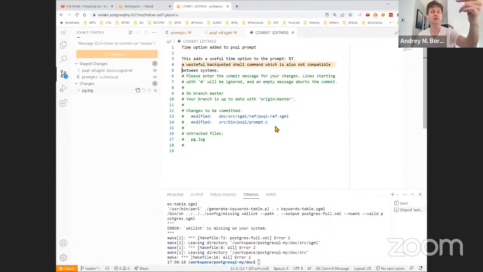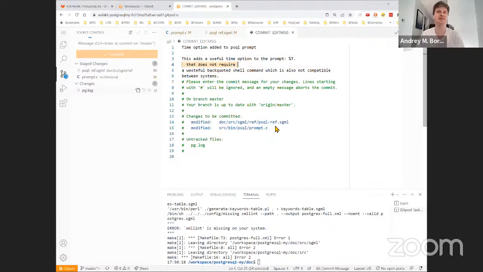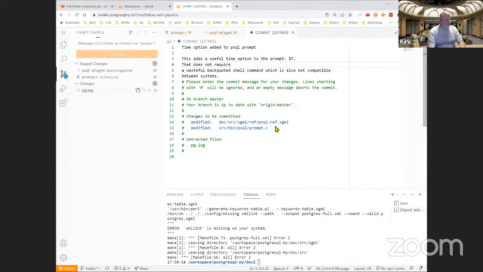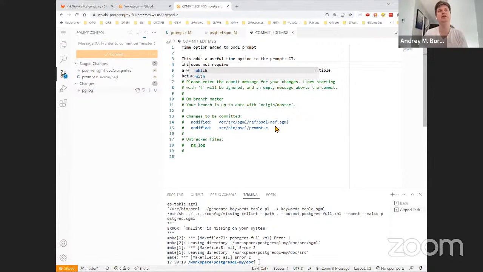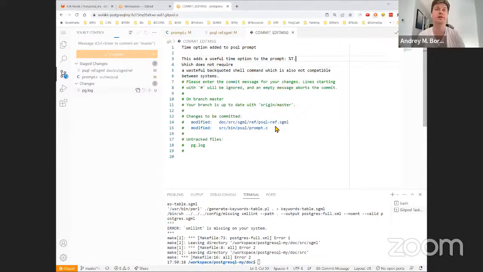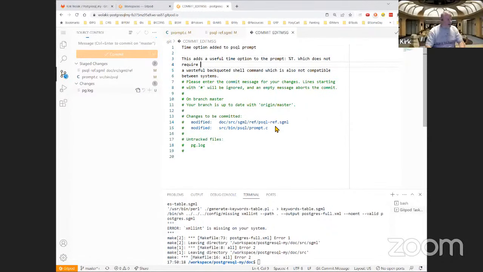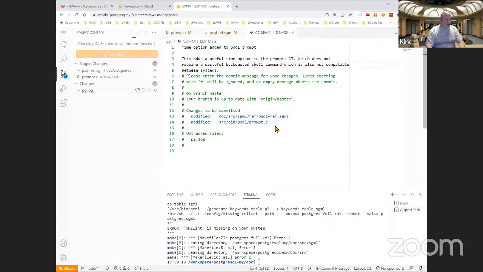Why did you do it? It was fine. That extra text was okay. Yes, okay. And I got the wrong word, which is not required. We could leave it on the previous line. Oh, okay, good, perfect. I get what you're saying now. Which was not, and then I'll get it inside that just to be safe, right? Require a wasteful back-quoted shell command, which is also not compatible